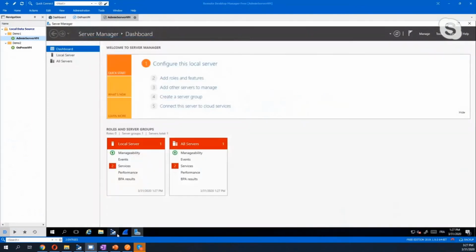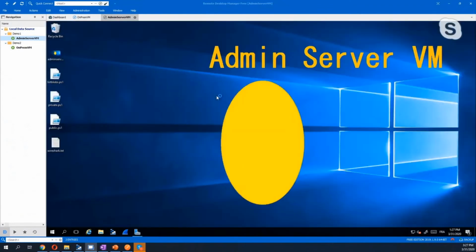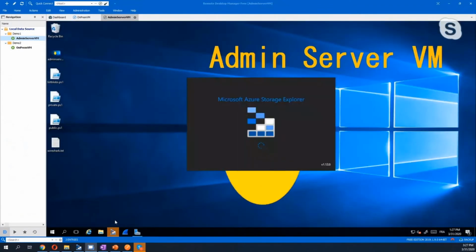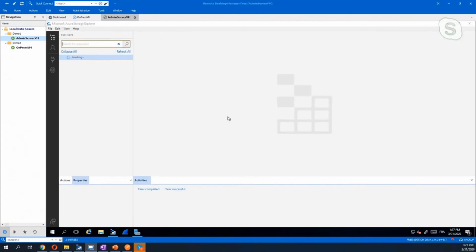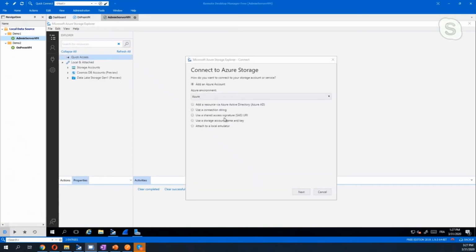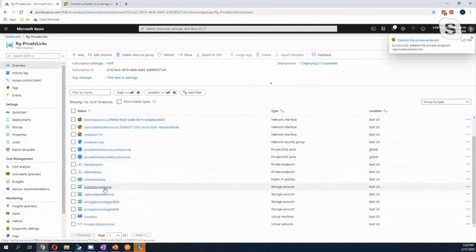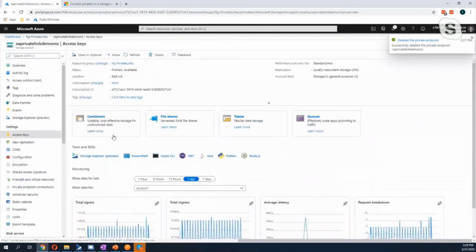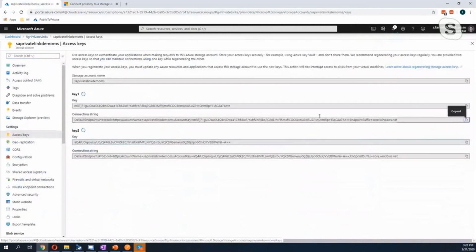Okay, so let me open Storage Explorer. The admin server VM can be an administration VM if you want to manage your resources privately, or it can be a server VM where you can install your application and workloads. So now I will take the private access keys, default connection string, and